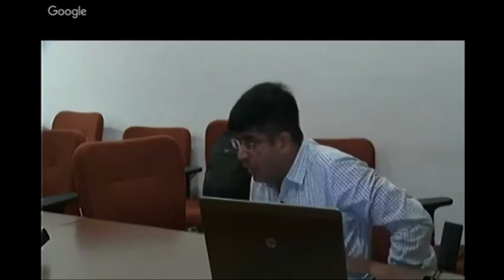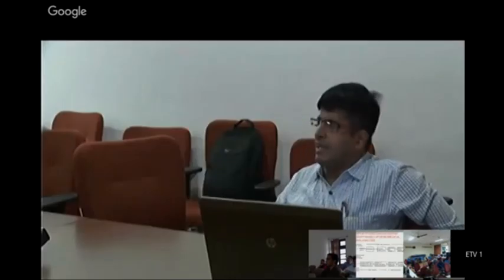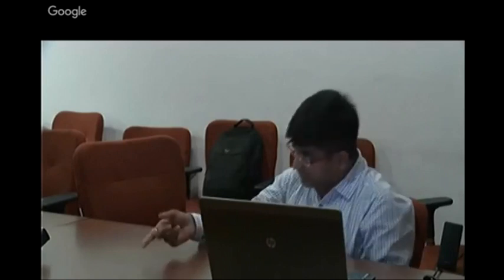Now although my slides are complete, I will take one example, like blood pressure measurement. When we are doing physiological measurements, basically two things we can do: direct measurements or indirect measurements. When we are talking about direct measurements, the variable is measured directly. You are placing the transducer directly to measure that variable. Like blood flow, I talked about that. You will put a transducer there, and that will convert that blood flow into an electrical signal, and you will utilize that signal. But second is the indirect method.